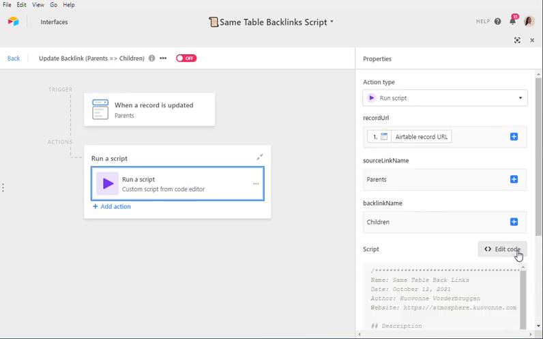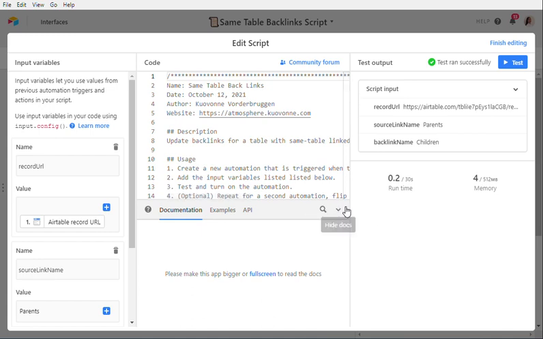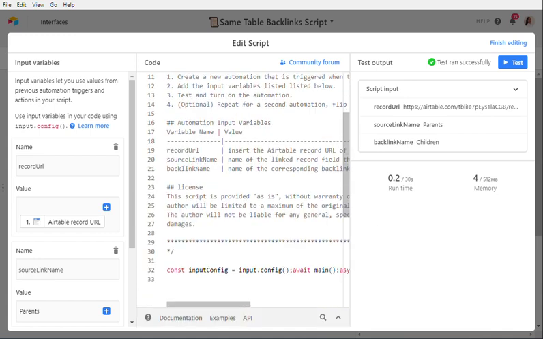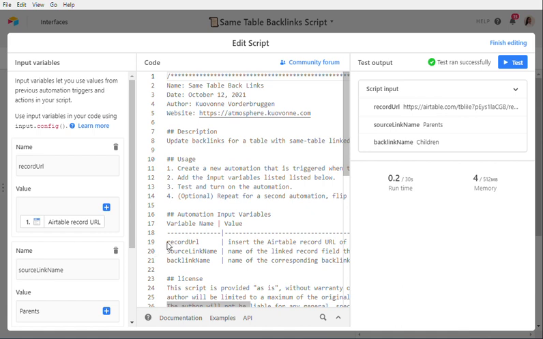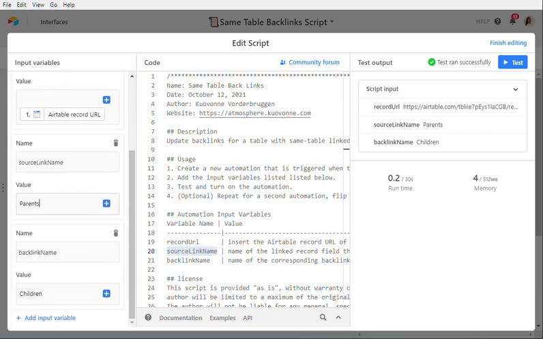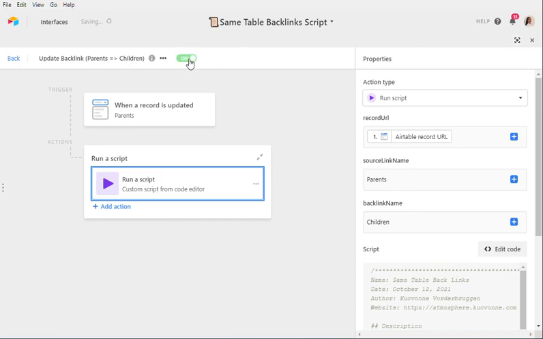Then we're going to run a script. For the script, you'll just paste in the script as is. You do not need to make any changes to the script itself. And then it describes three different input variables that you need to create. So the record URL, which is over here, and then you're going to select the Airtable record URL. We need the source link name here, and here you'll just type in the name of the field that matches the field that you were watching. And then we have the backlink name here, and again you just type in the name of the field that is the other link. So now when we turn this on,